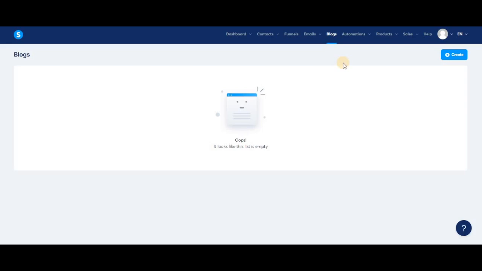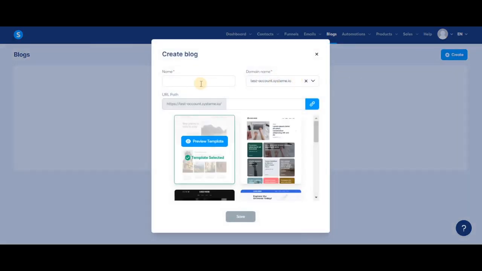It's time to go over our blogs feature. With System.io, you can create blogs, which are a type of website that is updated on a regular basis. You might want to create a blog if you want to share information about your offers, your business, or a certain topic. So to create one, you would just need to click on Create and then fill out the information